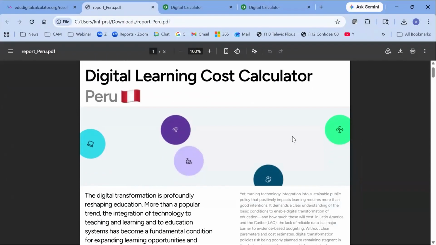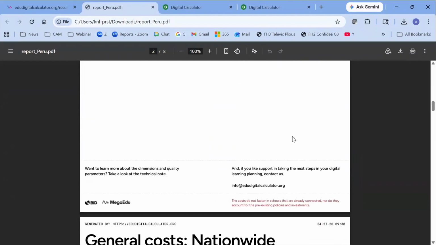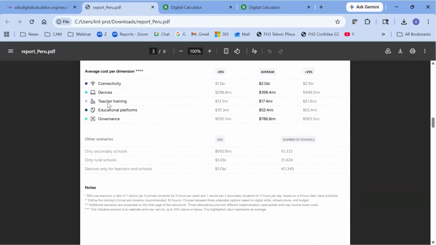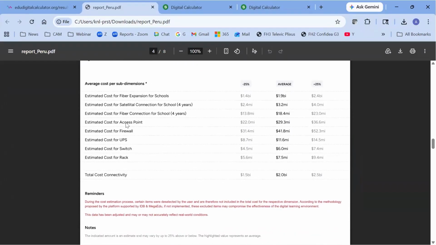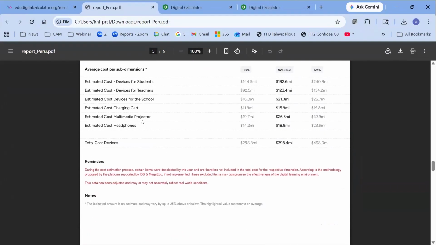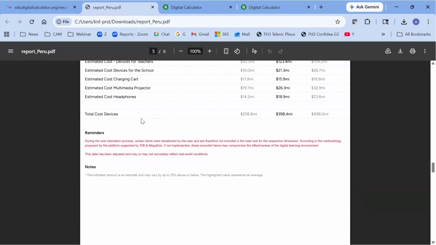You can generate a report that would have the cost for every item, for example the access points and the devices. So we hope that this kind of tool would help governments to see the trade-offs that they are facing, and to start off the conversation about digital transformation with solid evidence. Of course, we know that this is just a starting point, right? And there's a lot of work to do after that. But, well, I'll pass off to Christiane to talk a little bit about our experience with that in Brazil.